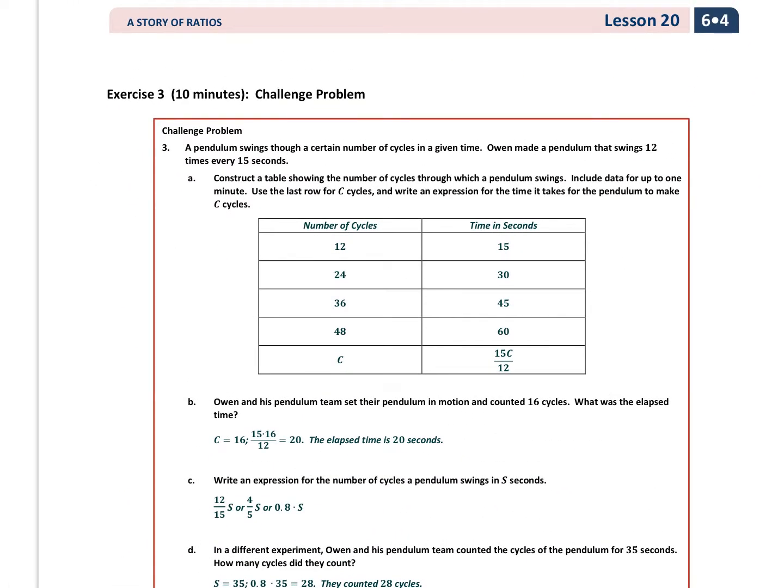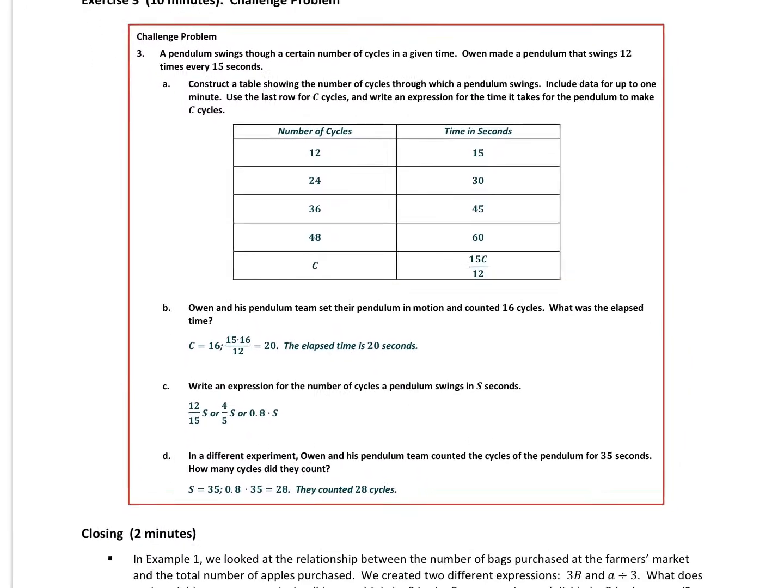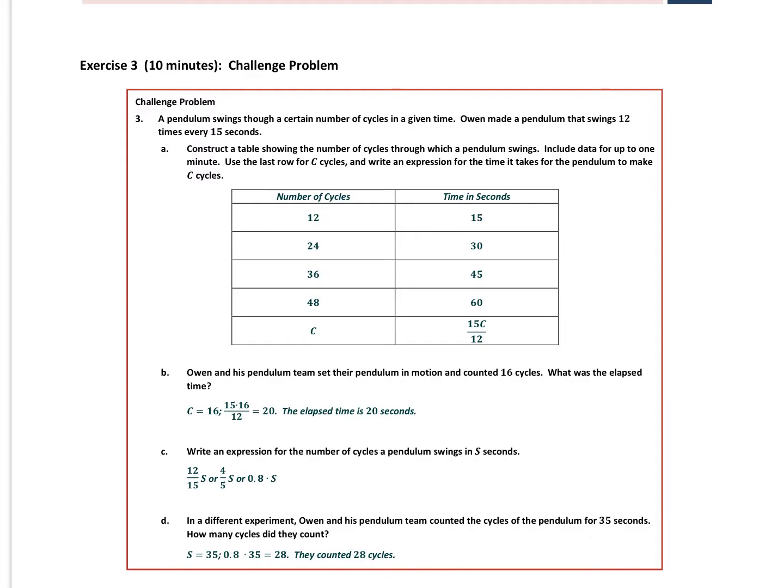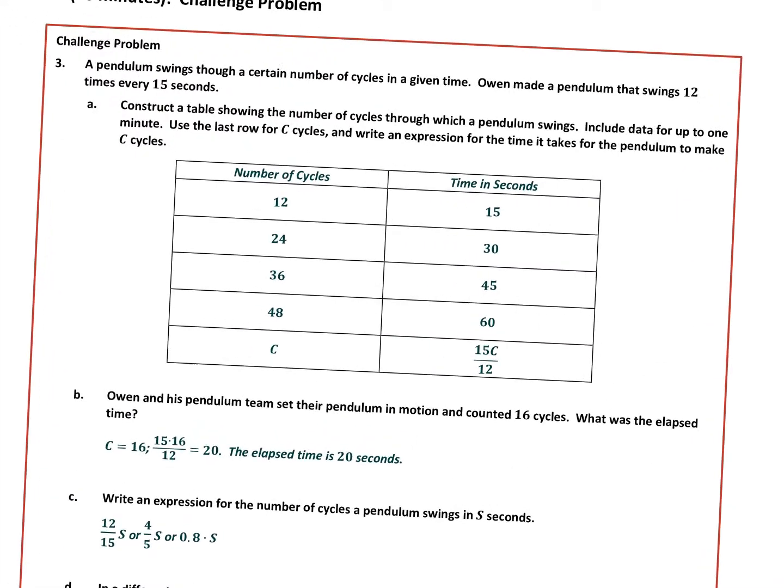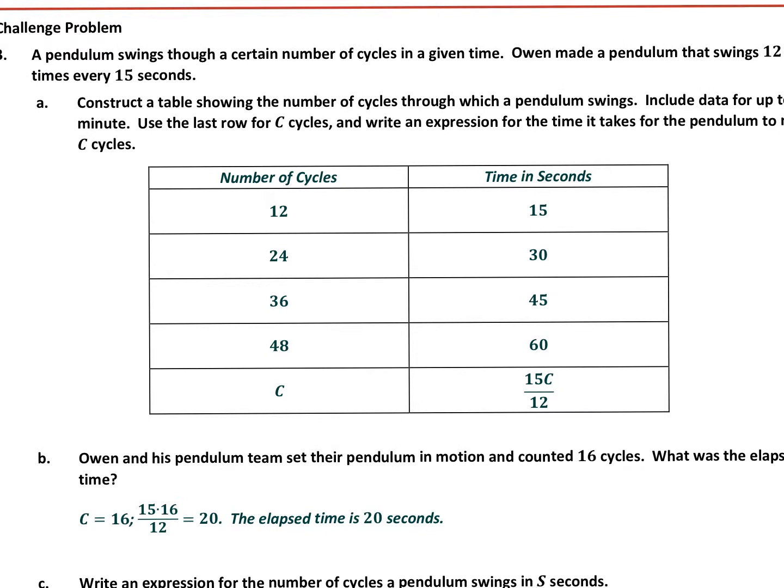This one is definitely a challenge problem. It is a little bit tricky. What you really want to think of, if you're trying to figure out how this worked, is that the cycles and the time in seconds are not multiples or divisible by one another. So you have to think of it in terms of a unit rate. You could do that as a decimal, but it's actually easier to do it as a fraction. So whatever this thing had to be down here, this expression was going to be the time divided by this, right? And you could just write it as an expression,